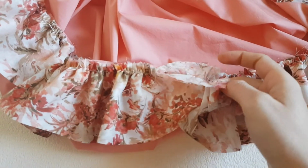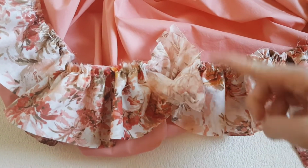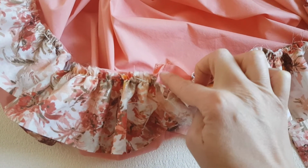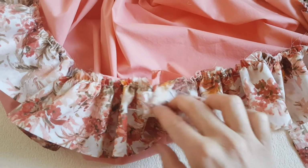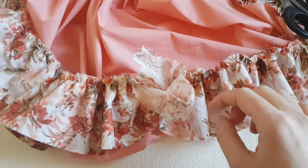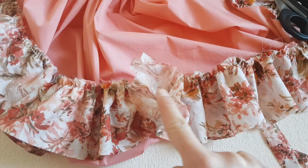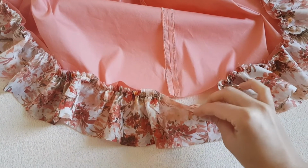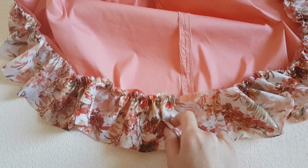Here it is. You see, you need to have enough space so you can close this seam again. I calculated it's around 3-4 centimeters excess from the side seam, which is 1.5 inches more or less. Now you close the seam, you open with your steam iron, press, and then you again gather this part. Here it is. You see? Now we need to gather this part, pin,